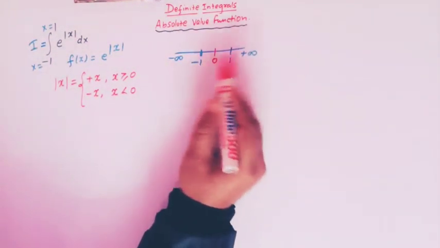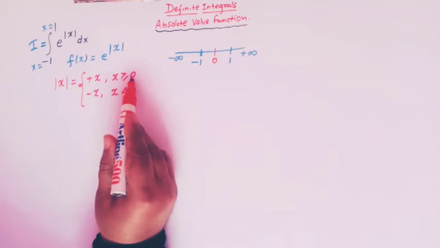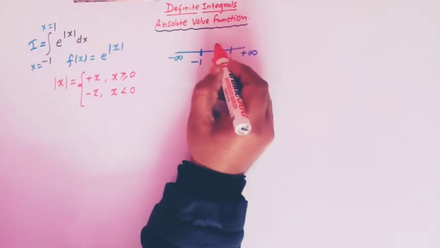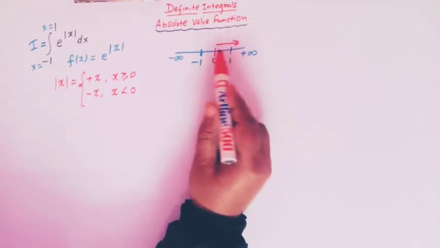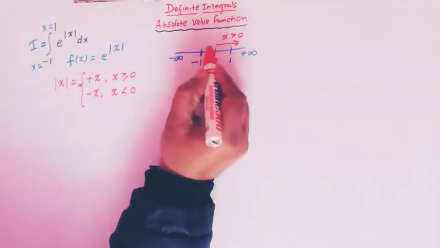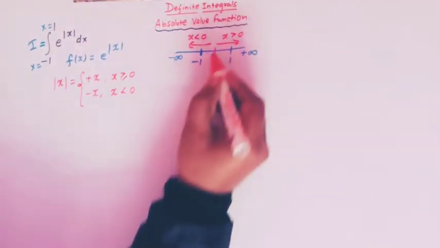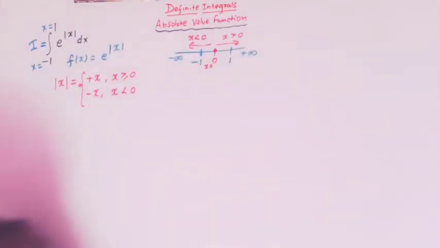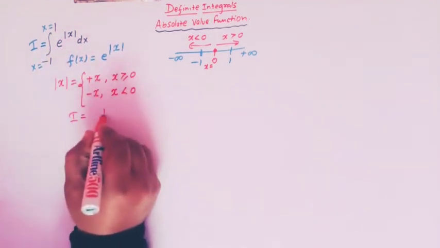If we look at this figure, whenever x is greater than or equal to 0, the absolute value of x is positive x, and to the right of 0 we have x greater than 0, and towards the left of 0 we have x less than 0, and this is the point x equal to 0. So what we will do here is break this integral as a sum of two integrals,